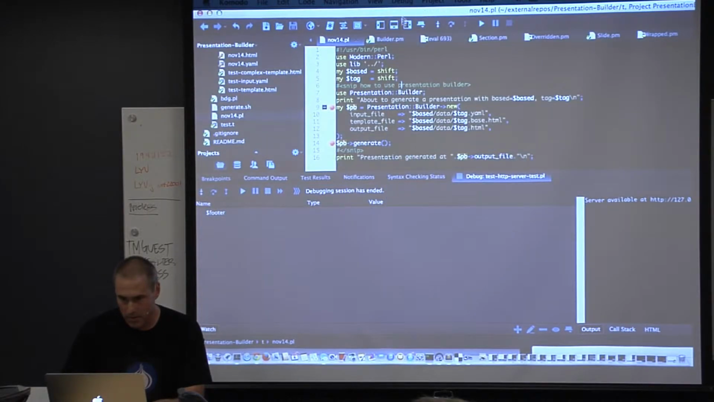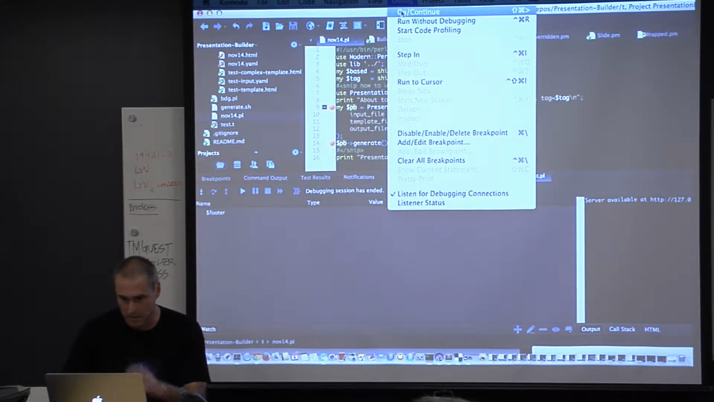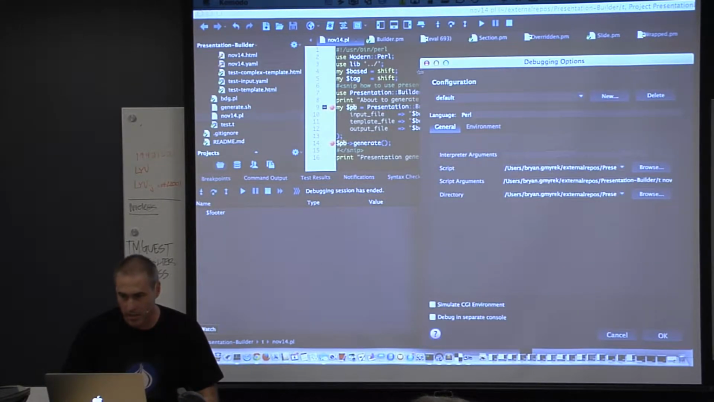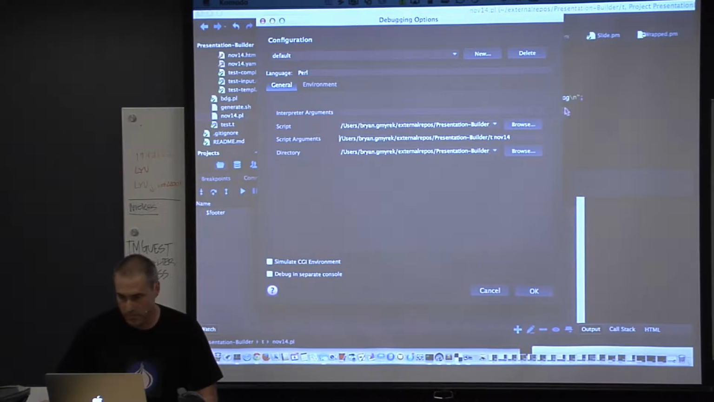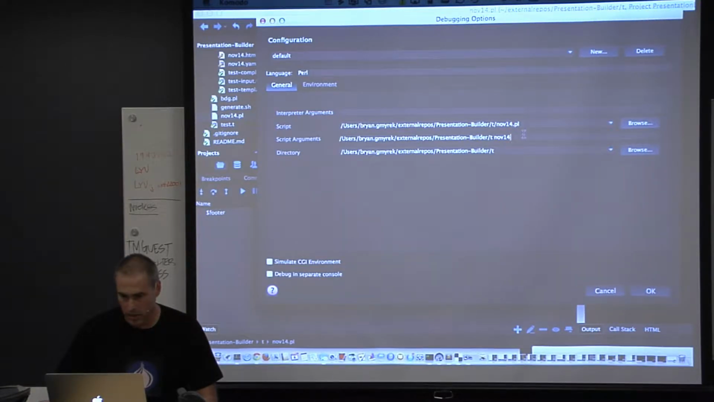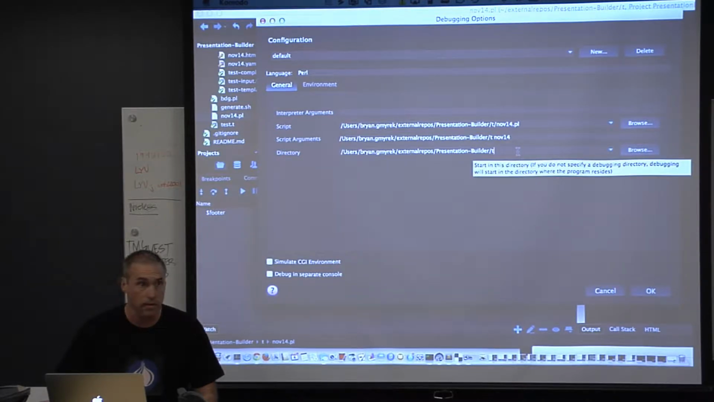Debug stop. Was already debugging something else. Okay, here we go. Like I was saying, you have these options here, and you can put in whatever you'd normally put for your script arguments. So this will be what goes after a command on the command line. And if you want it to run as if it was in a certain directory, you can just put that